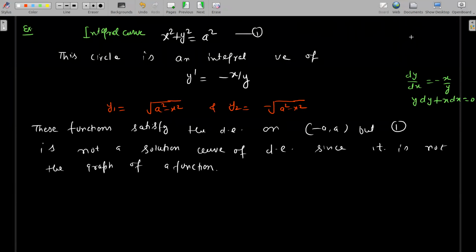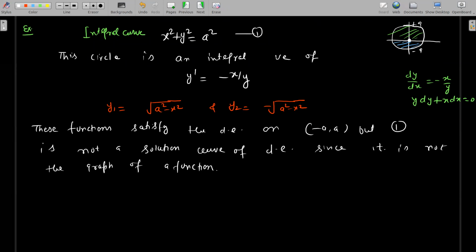बट यहाँ पे अगर आप सर्कल का ग्राफ देखोगे तो क्या क्या दिखेगा आपको, आपने x0 लिया तो y क्या आया, एक तो प्लस a है, एक माइनस a है। ओके, सो दिस इज नॉट ए फंक्शन, बट इफ यू टेक टू सेगमेंट सेपरेटली देन दे आर फंक्शन। तो द सॉल्यूशन कर्व क्या है, दे आर फंक्शंस। एंड व्हाट इज इंटीग्रल कर्व, इंटीग्रल कर्व इज ए रिलेशन which contains solution curves, so you can say this is the bigger set। ठीक है, solution curve है, उसके अंदर आपके, so this is integral curve, और उसके अंदर आपके जैसे ये सर्कल, पूरा सर्कल है, this is an integral curve, and this integral curve contains solution curves, and there are two solution curves, one is this one, the upper segment, and another one is this one below, ये वाला।